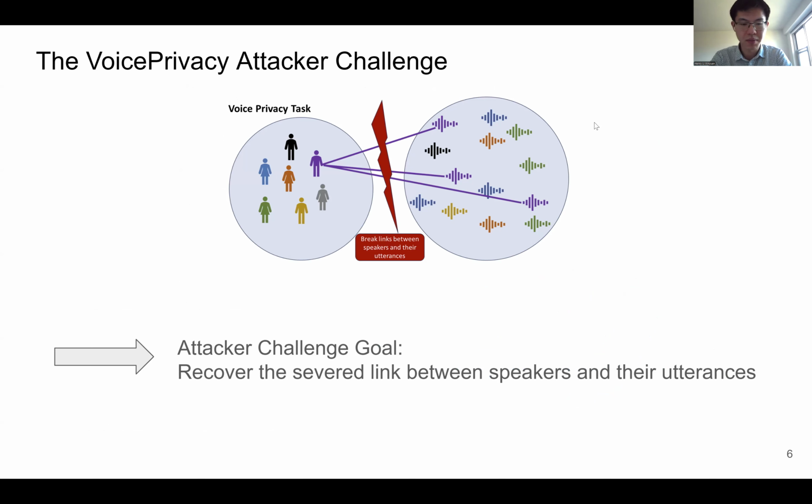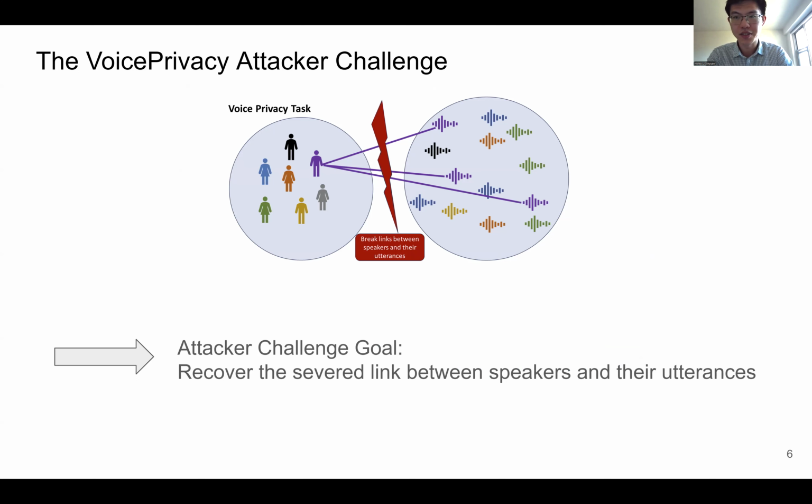In 2024, we participated in the Voice Privacy Challenge, where we were given the objective of removing personally identifiable information from speech. So in the context of the ASV task, we were tasked with changing or perturbing the original utterances such that the ASV system that I just described would no longer function. Successful submissions, including our own, achieved equal error rates of 40% or higher, essentially meaning that as far as the ASV system is concerned, the link between speakers and their utterances has been effectively severed.